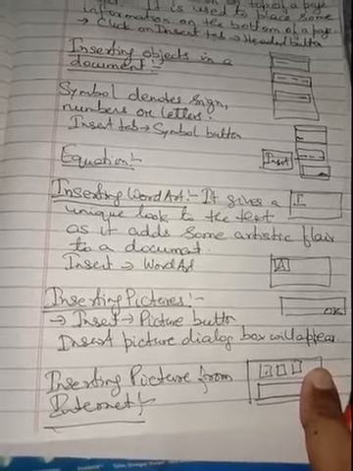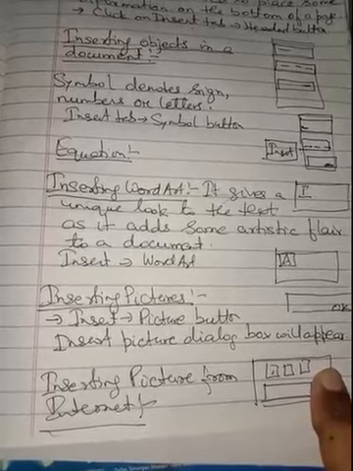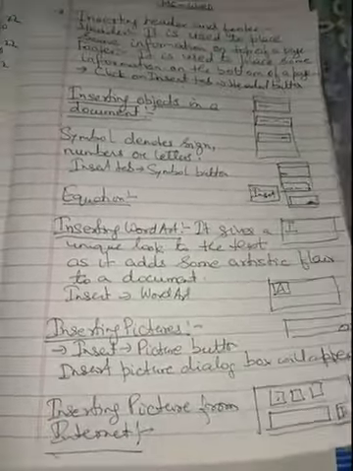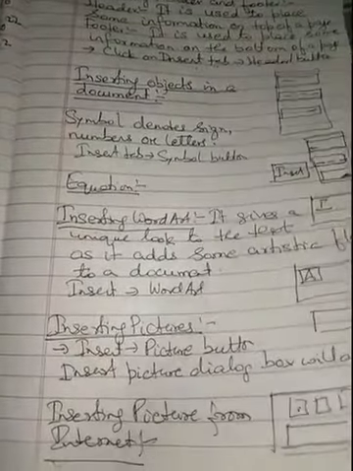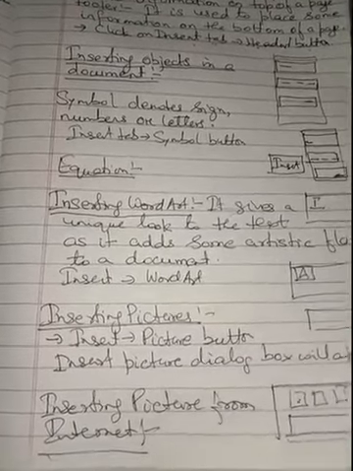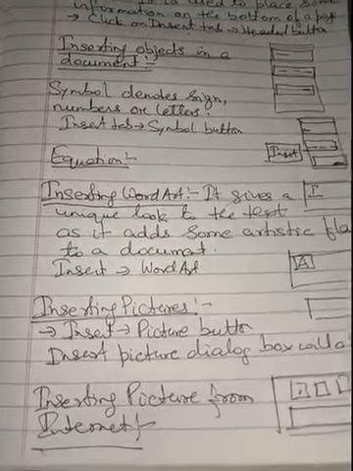First of all, click on the insert tab, then click on online picture in the illustration group. An insert picture dialog box will appear. In the search box, type the picture that you want, select the desired picture and click on the insert button. So that picture will be inserted in our document.